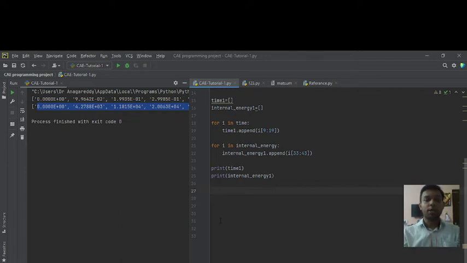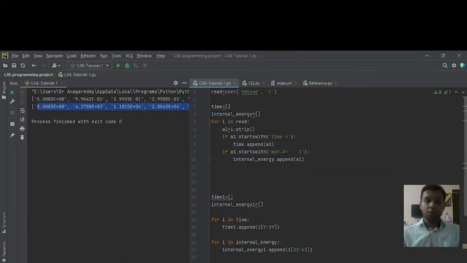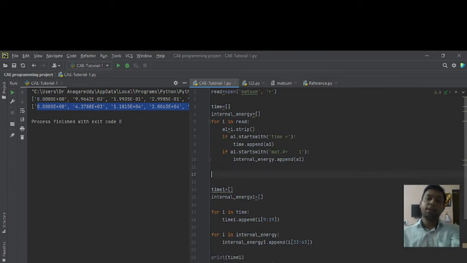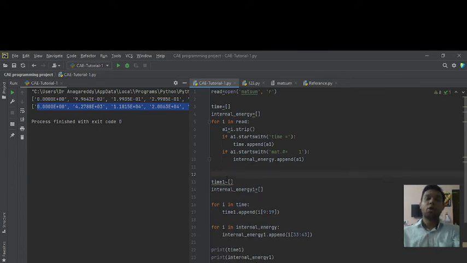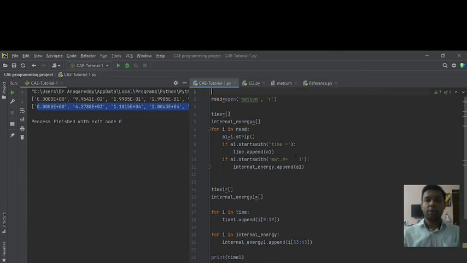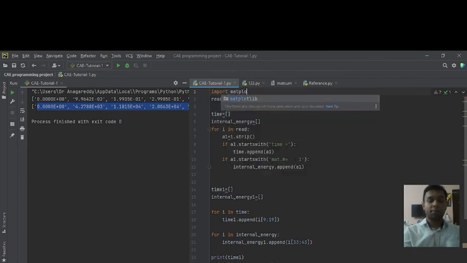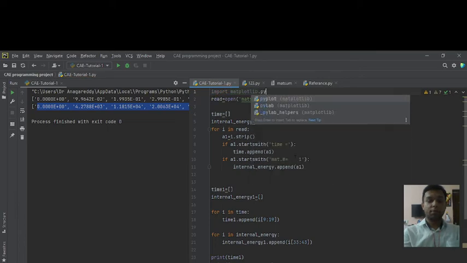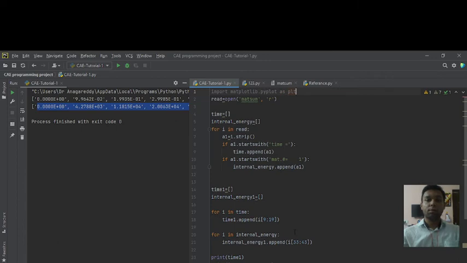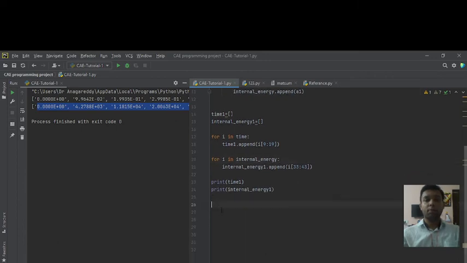So for that you have to import, or access, one library, that is the matplotlib library. I hope you already have a background in programming languages, so you know about libraries and all. Import matplotlib here, and we will plot this.